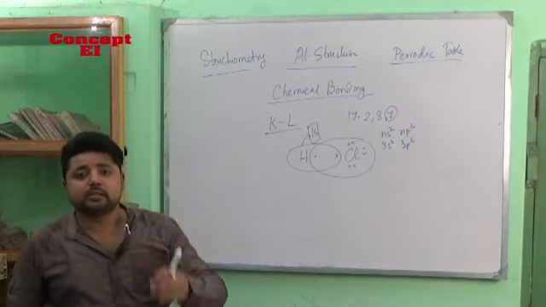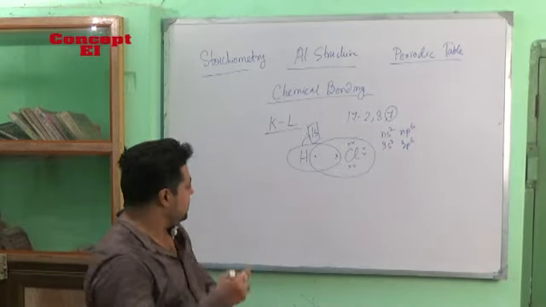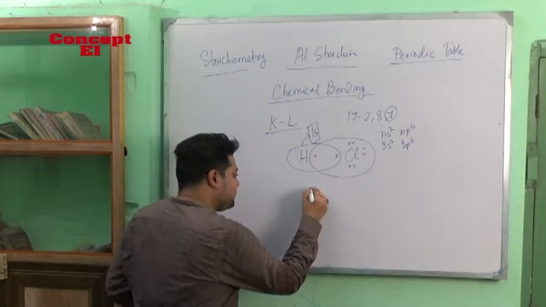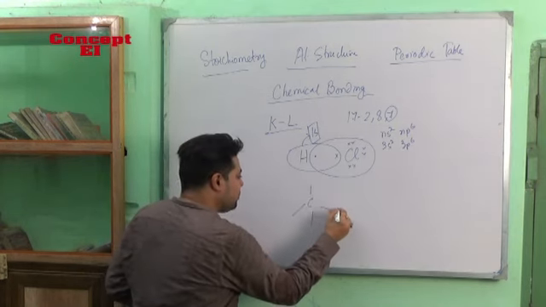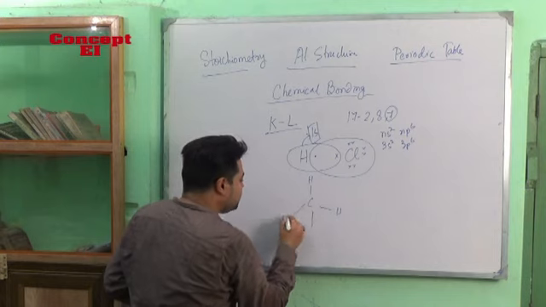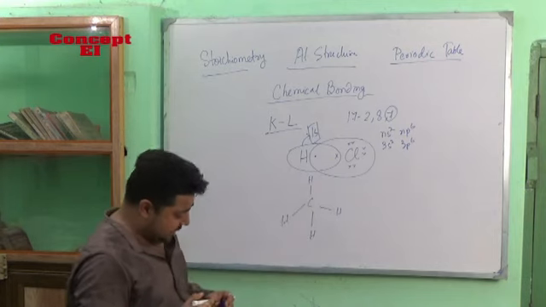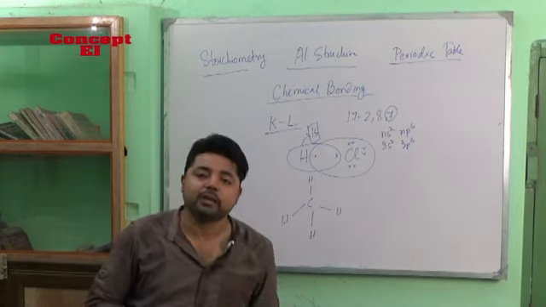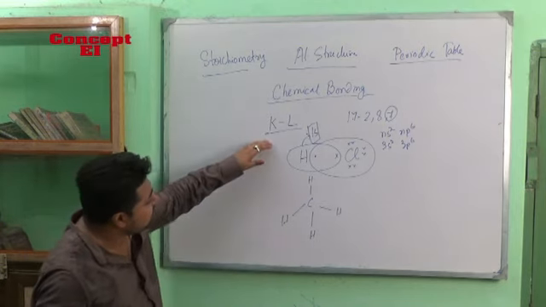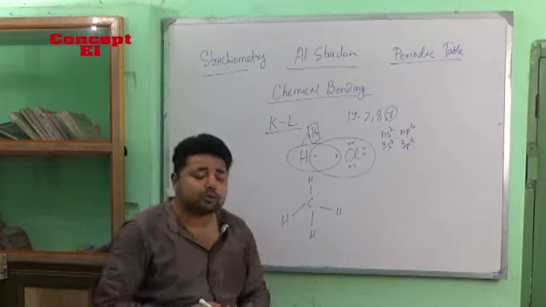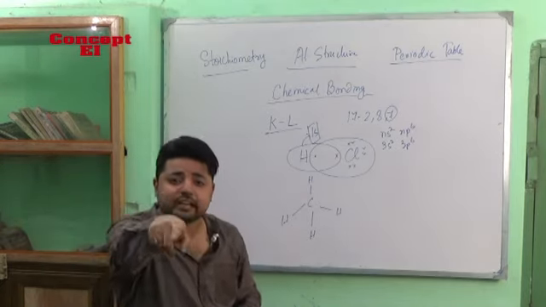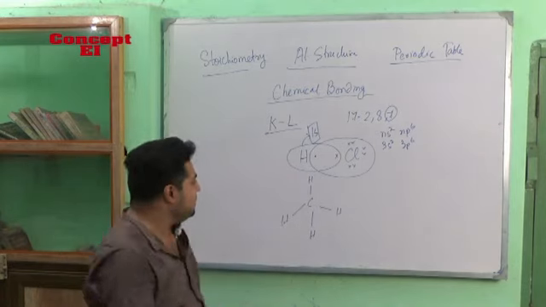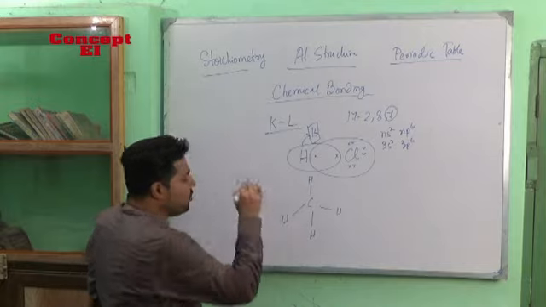Take another example, say methane. It has 1 carbon and 4 hydrogens: 1, 2, 3, 4. 1 hydrogen, 2 hydrogen, 3 hydrogen and the 4th hydrogen. All these 4 hydrogens will give 1 electron to the central carbon atom. And just by following this formula, you can also see that the carbon is completing its octet and hydrogen is completing its duplet. There are some more examples like CO2, where the central